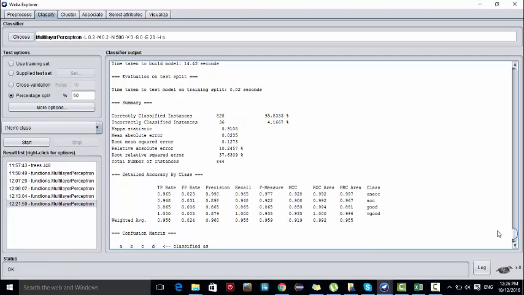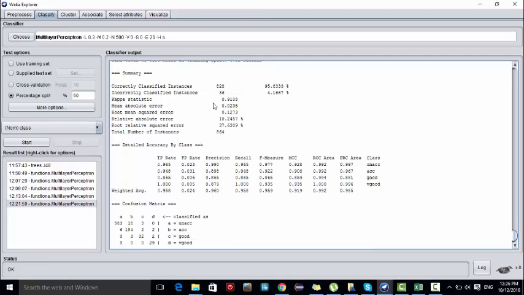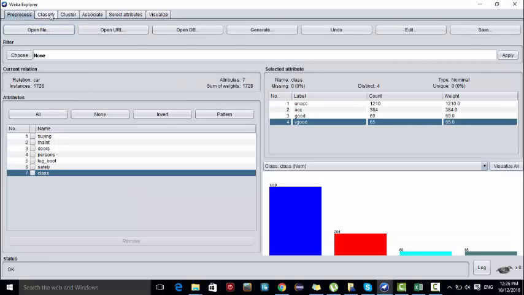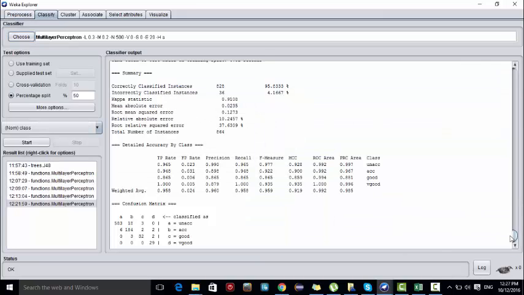And as you can see here, the accuracy for our present model is 95. So 50% of our data is test. We have a total of 1728, and 50% is 864. As you can see here, the accuracy is 95.833%. So we have classified only 4% wrongly.